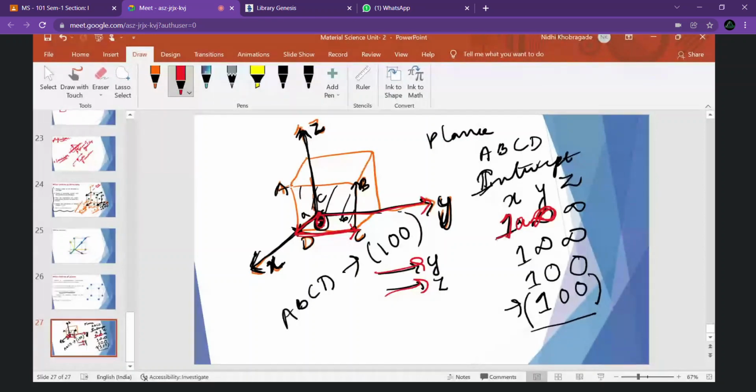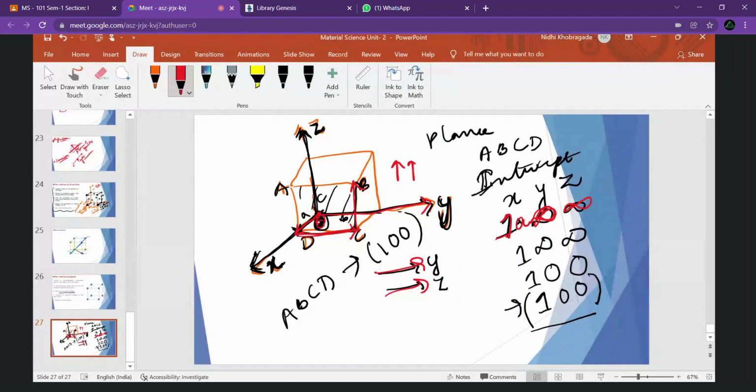In a similar way, if we consider the z-axis, from here to here, this particular plane is parallel to the axis. So again it will come as infinity, because they will meet at an infinite position. So for the x-axis it is intersecting at this particular position, so 1a, and infinite times b and infinite times c, that is for the z-axis. So the next thing is that 1, infinity and infinity are the integers which we have obtained for this particular plane, right?